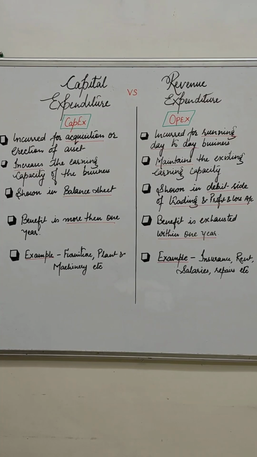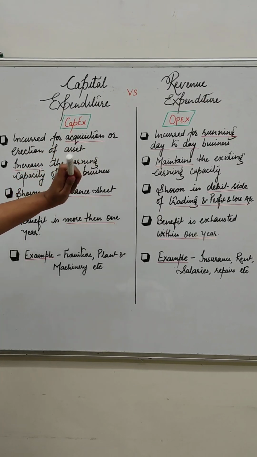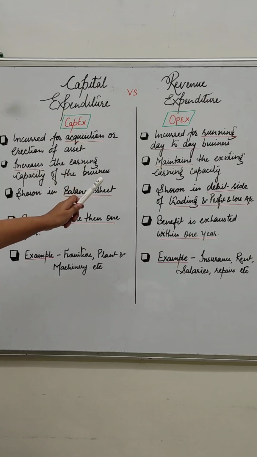The differences between capital expenditure and revenue expenditure are: it is incurred for acquisition or erection of an asset. That means capital expenditure is done either for acquisition or for erection of an asset, while revenue expenditure is done for running of the day-to-day business. Our next point is increasing the earning capacity. Whenever we do capital expenditure, it increases our earning capacity, while